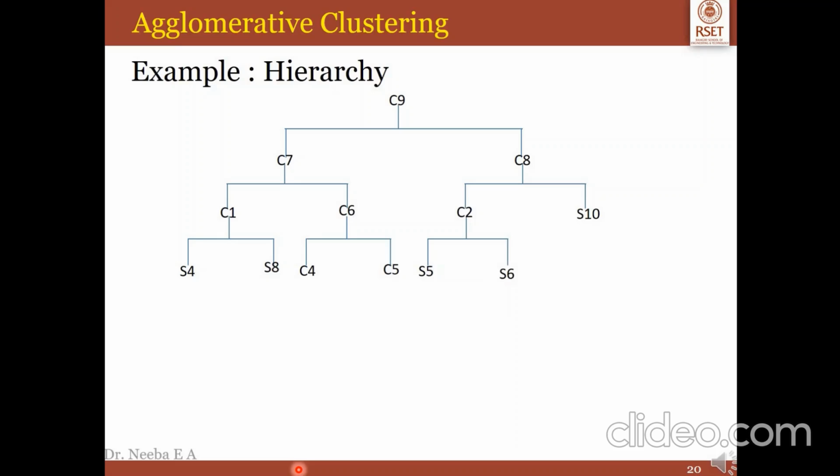Now again there is an expansion of the hierarchy down for C4 and C5. Cluster 4 will have S1 and C3, and cluster 5 will have S2 and S9. Again, if we are subdividing cluster 3, it will have S3 and S7. So in this way agglomerative clustering helps us to create the hierarchy of objects. If we draw these lines all the way down to S3 and S7, you can see that all the basic objects are on the same line and how the clusters are created.